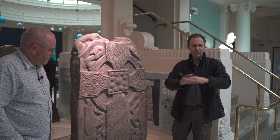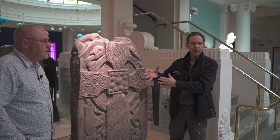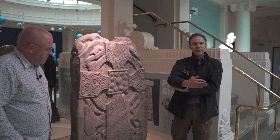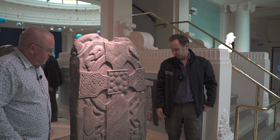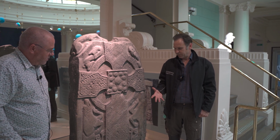If we're transporting it, we'd prefer to transport it flat than transport it upright. So with a stone like this, we would swivel it and we'd lower it like a pane of glass. So it wouldn't be coming down in any manner to give it undue stresses. As with any of the jobs, moving artifacts,